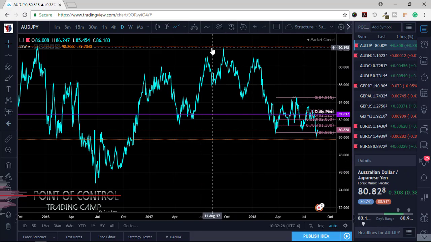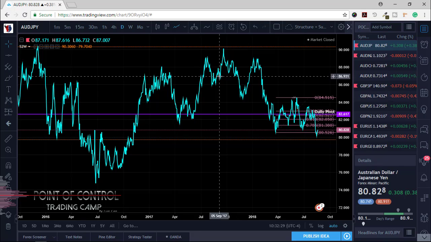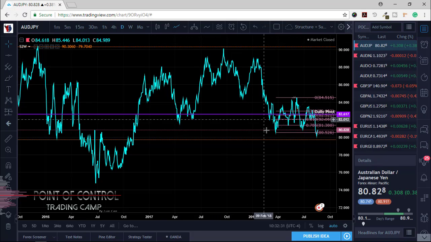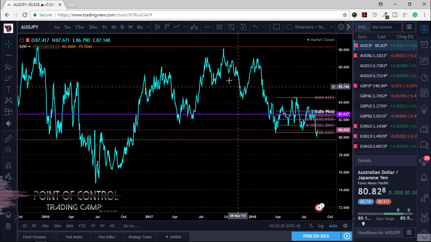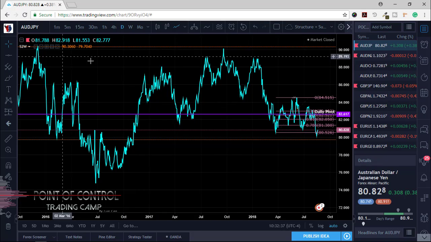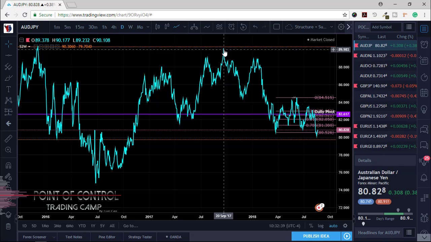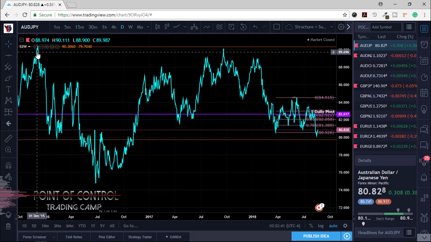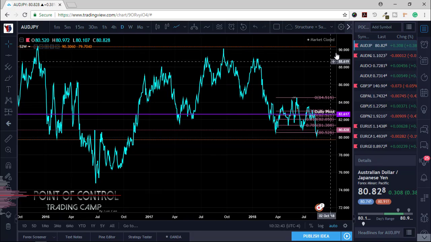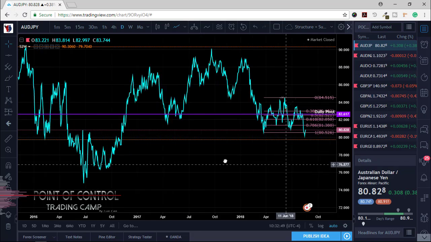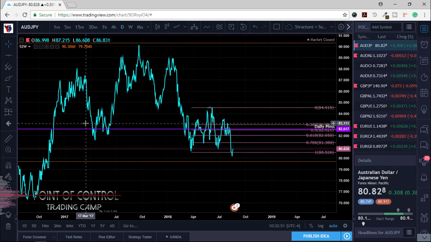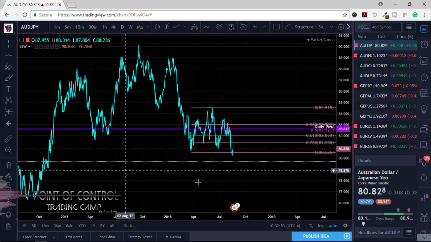Look at this one. This is the Australian dollar, Japanese yen, 52-week high. Born all the way here. I mean, just calculate the drop. First touch after a while. This is the first touch in 2017 since 2015. Has it reached the 52-week high again? No. It's going towards. It's actually already hit. If I can draw right here, it already hit the demand zone.